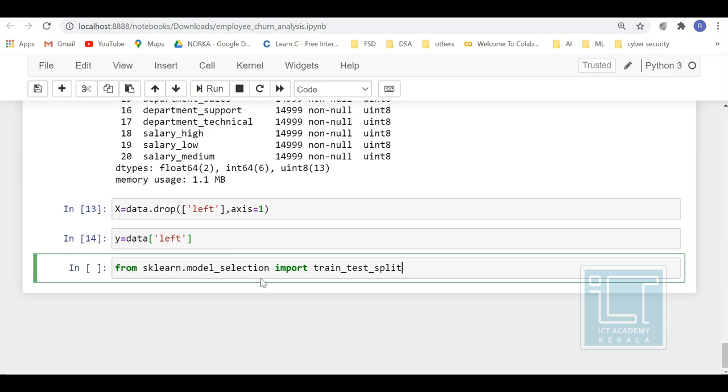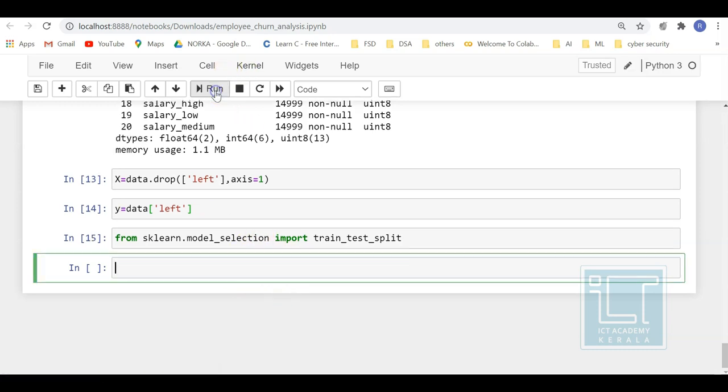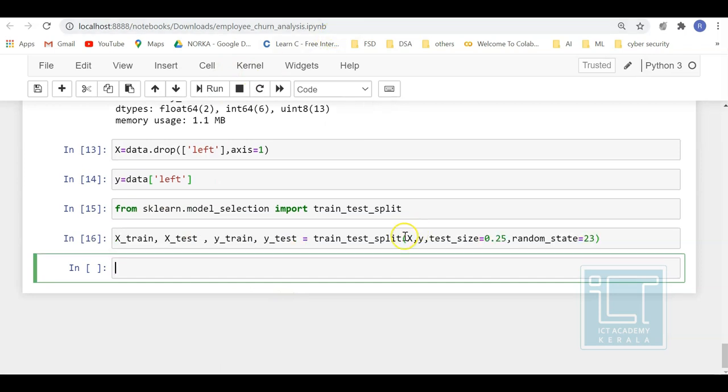Now you have to split your data set into train and test data sets. For that, you have to make use of sklearn.model_selection, and from that you import the train_test_split method. Inside this train_test_split method, you provide your feature set, the target set, as well as the test size and the random state.